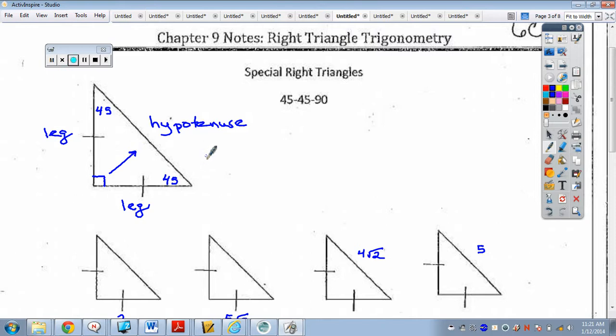The rule for a 45-45-90 triangle is that if you are given one of the legs, you can take the leg and multiply it by root 2 to get the hypotenuse. So for example,